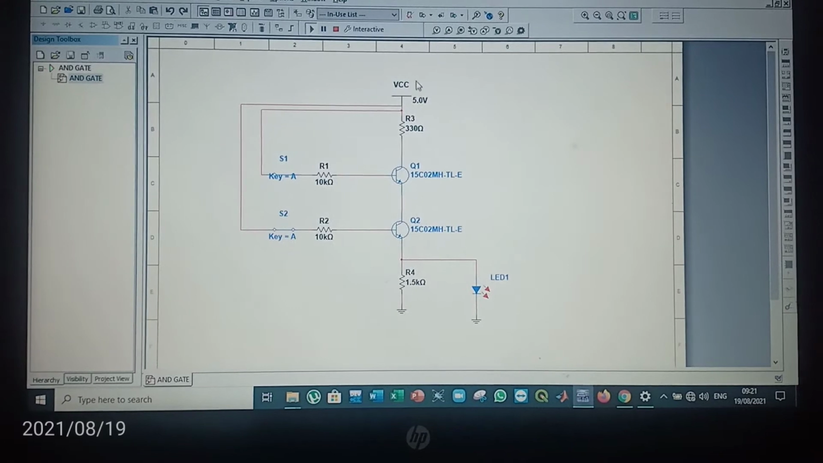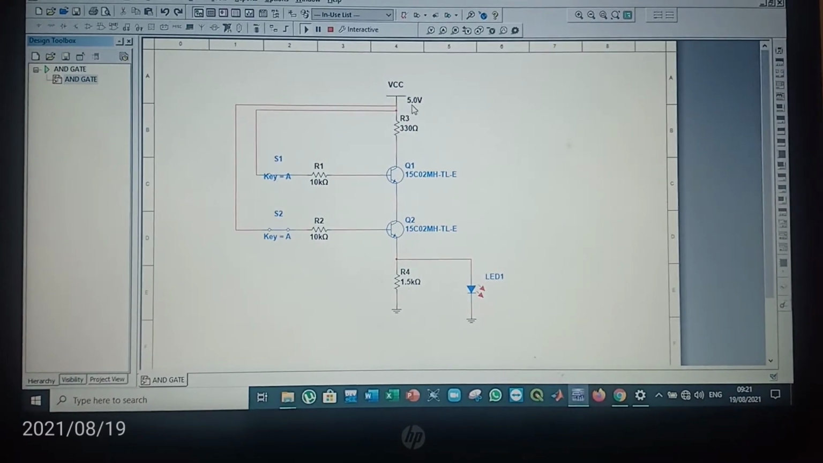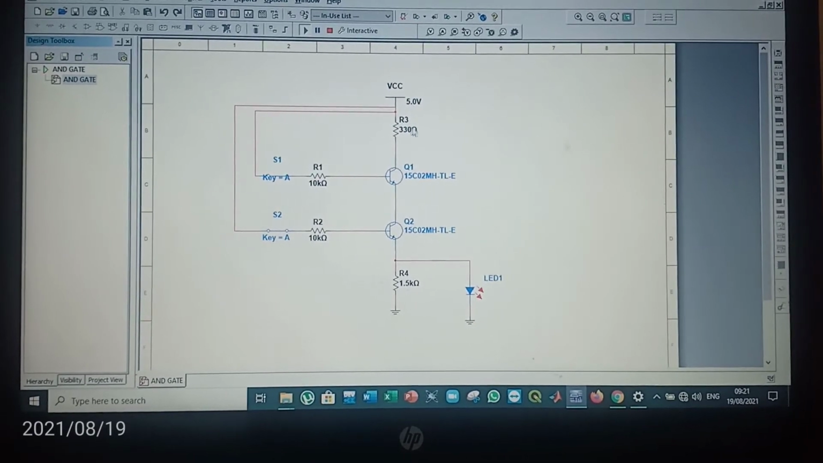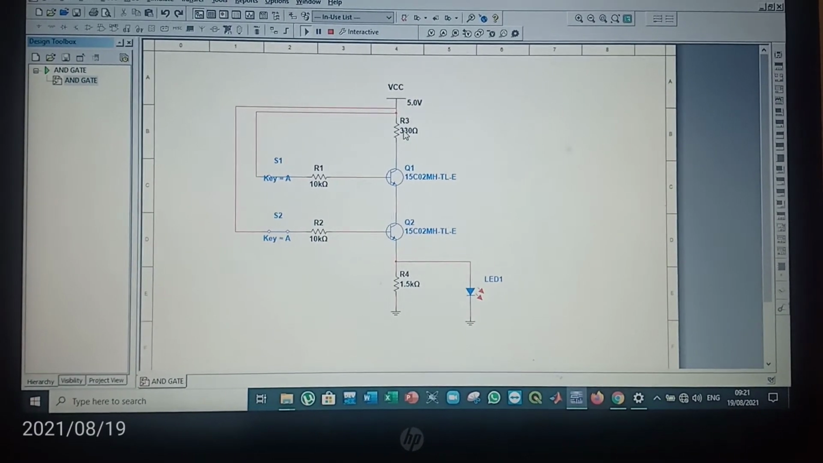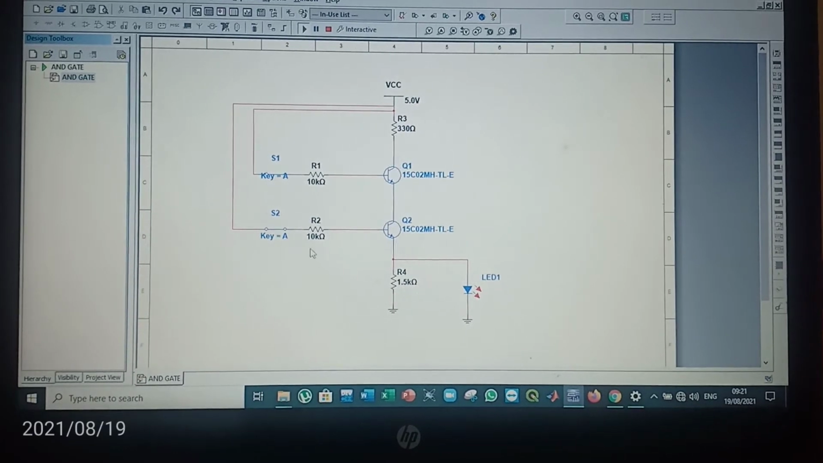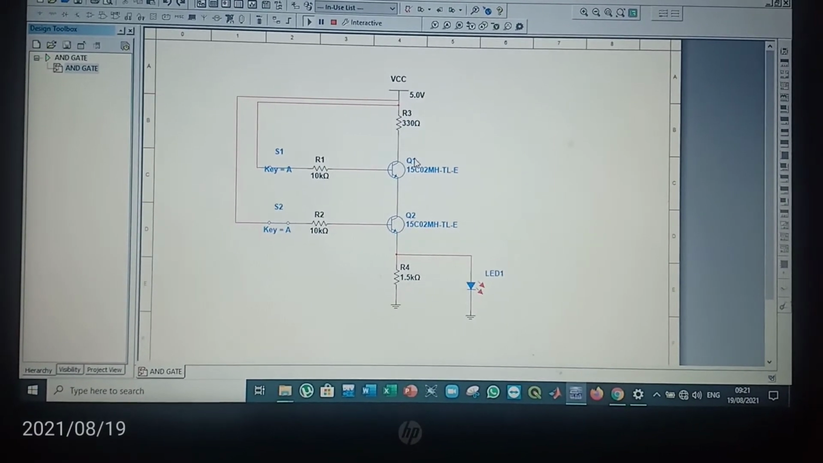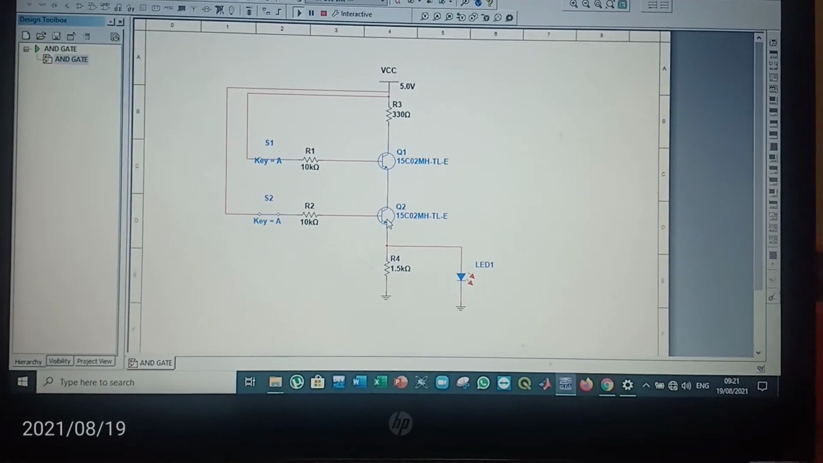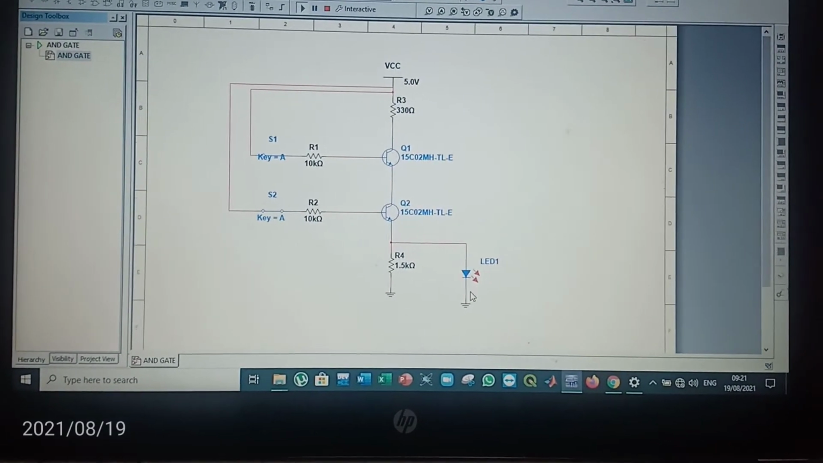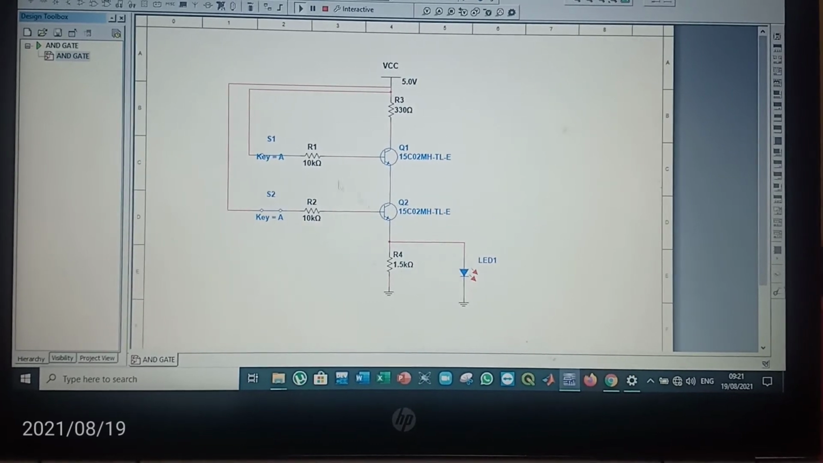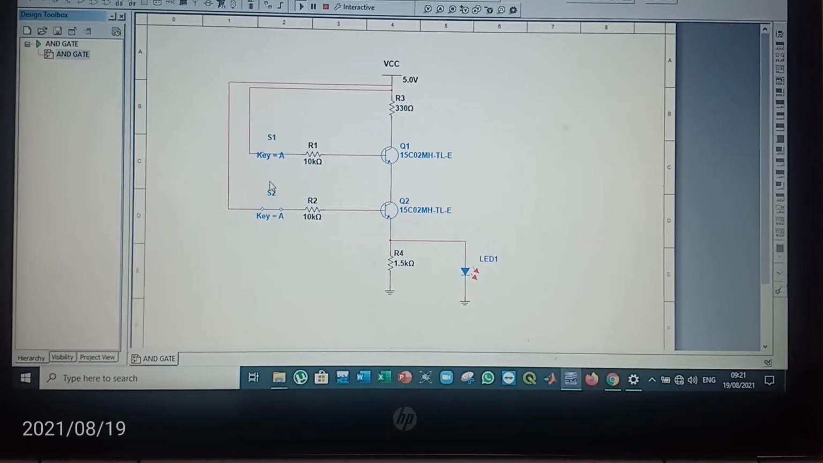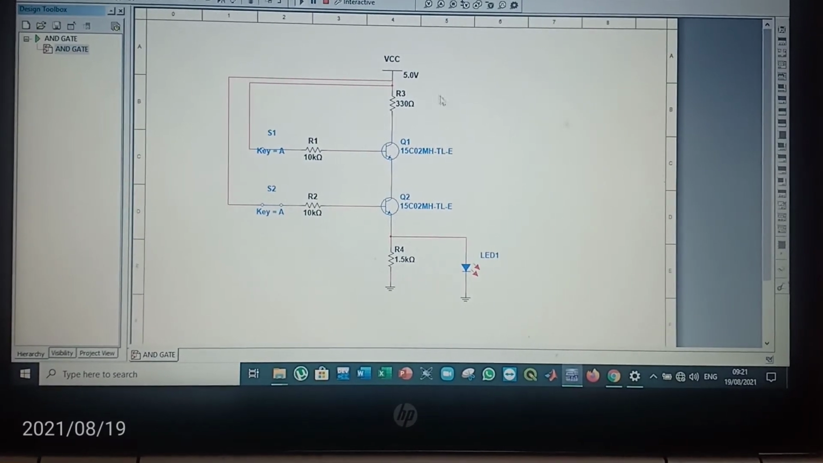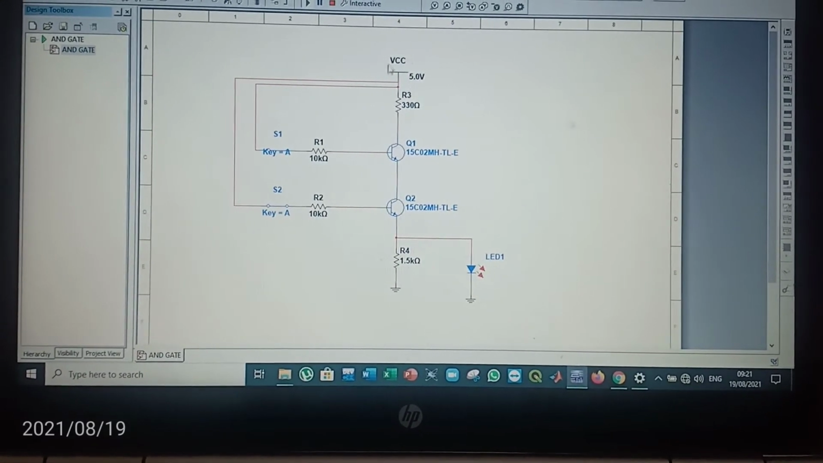This VCC is a positive 5V DC voltage supply. Then we have resistors, this, and this. Then we have our BJTs, the first one here and the second one here. Then we have the output, which is the LED here. We also have switches here, switch 1 and switch 2. They are all connected in that way. What you do, you bring in your